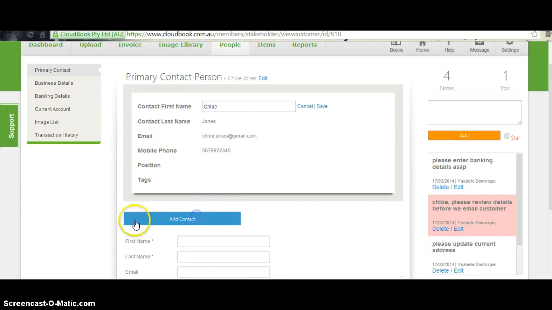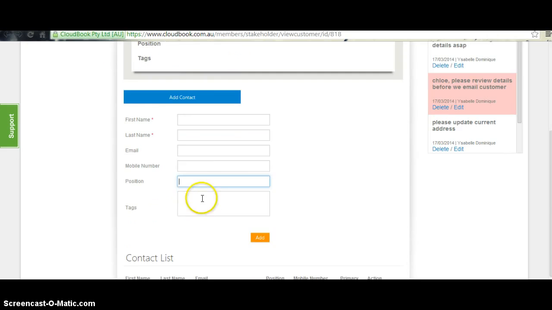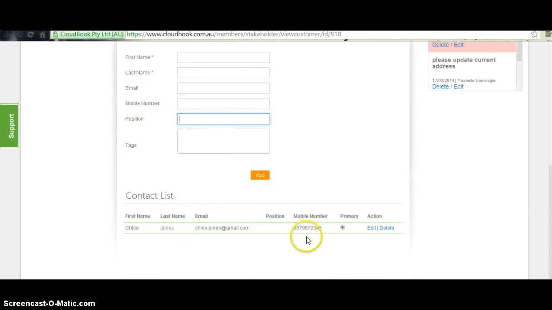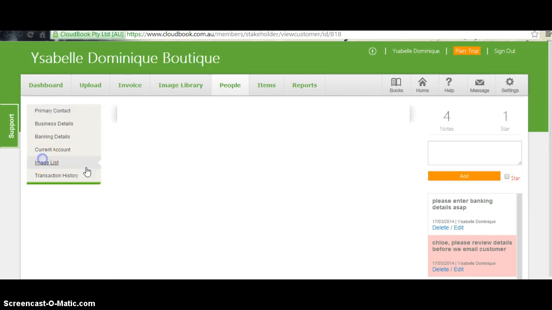And by clicking on Add Contact is how you can add other contacts that you wanted to register under this same main contact, if they wish for you to connect with other people within the company. Your list of contacts will show down here, where you can set one as primary. And we have here the image list,